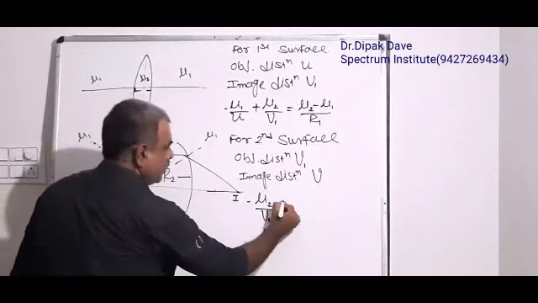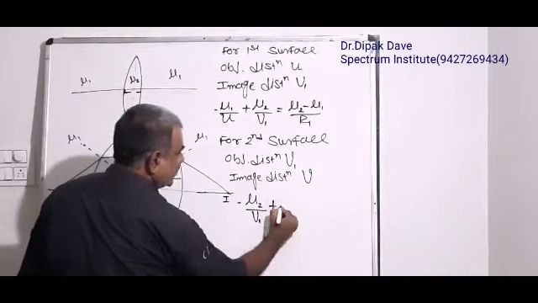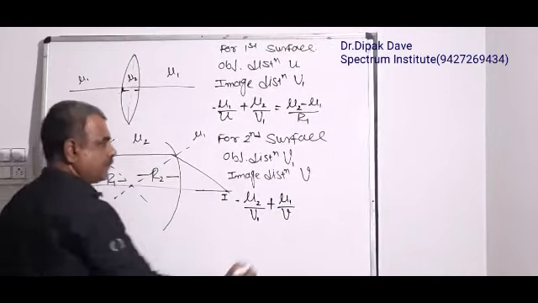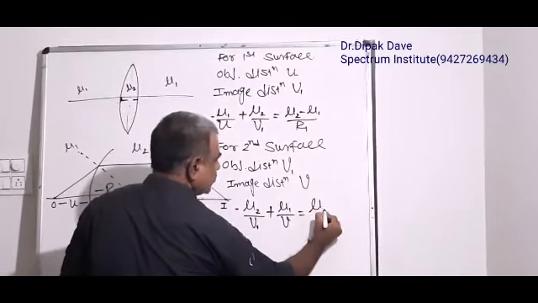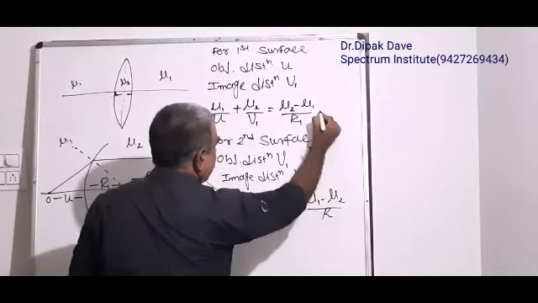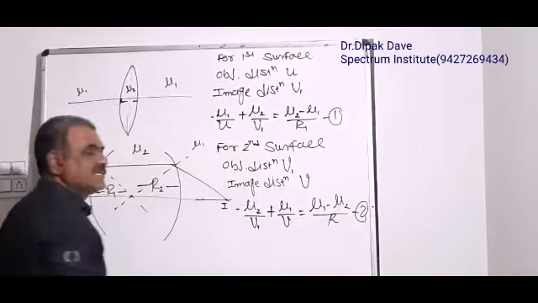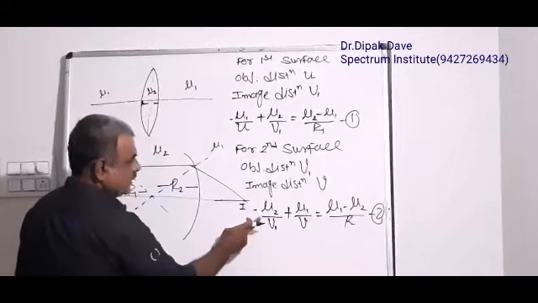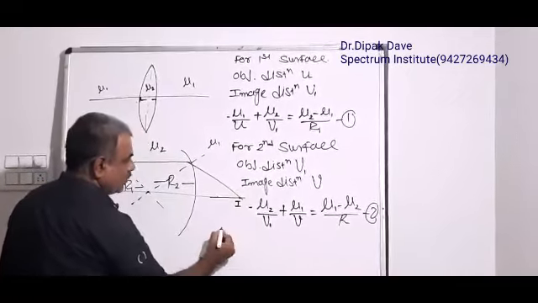So instead of mu1 it will be mu2 by the object distance, that is v1, plus, instead of mu2 now it is mu1 by the final image at v, is equal to, this will also interchange, so it will be mu1 minus mu2 by r. Equation 1 is for the first surface, 2 for the second surface. So if I add both the equations, mu2 by v1 will cancel out. So what am I getting,